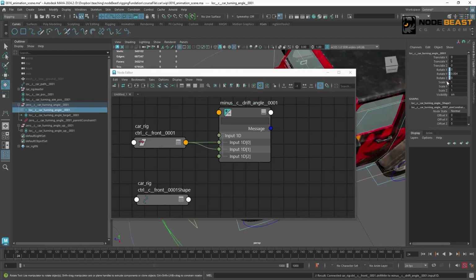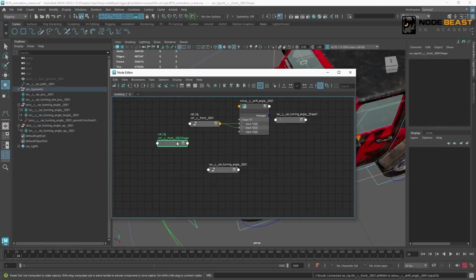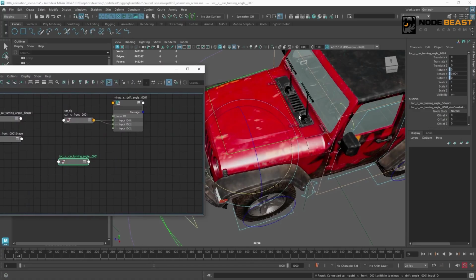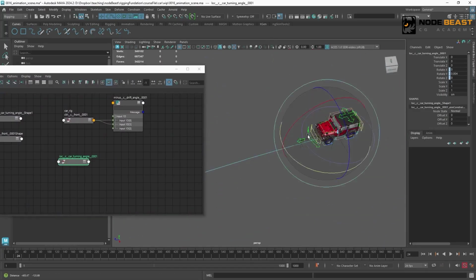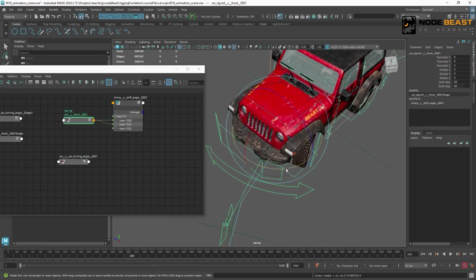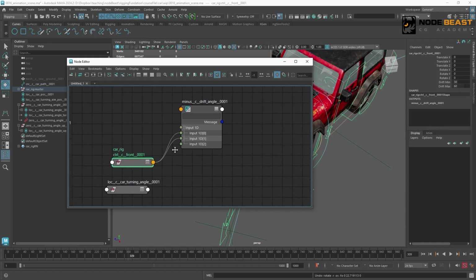We find the locator created earlier that reads the steering angle. Next, we need to discuss cases because it has positive and negative values. When this value is positive, let's take a look. Moving to this position, when it's positive, the car is turning to the left. And when it's negative, it's turning to the right. So the front controller here will also have different operations. Let's do the positive value case first.